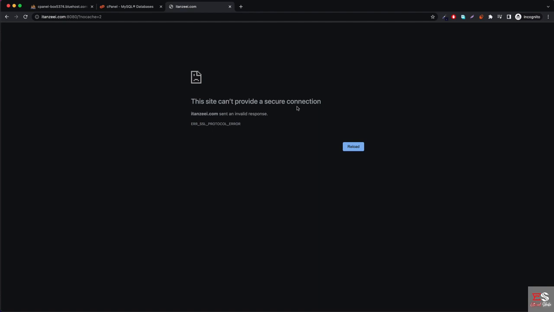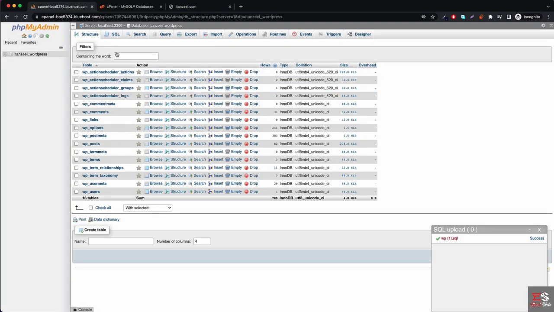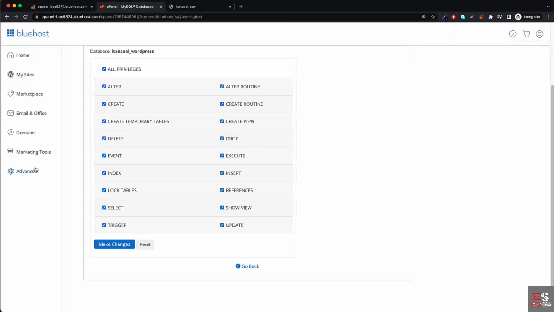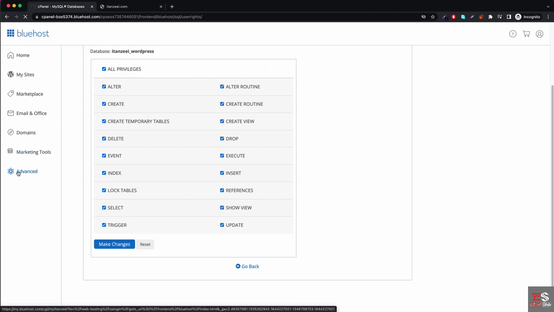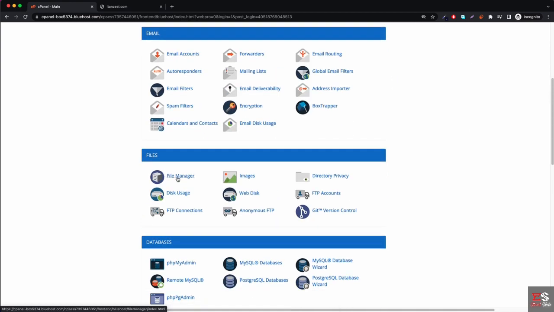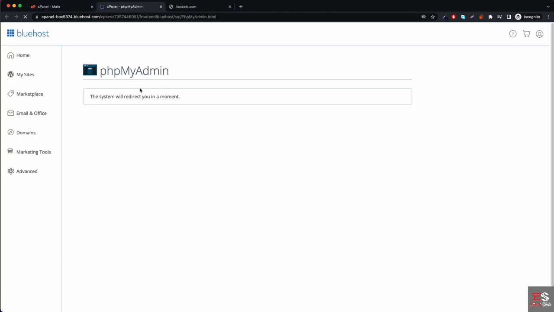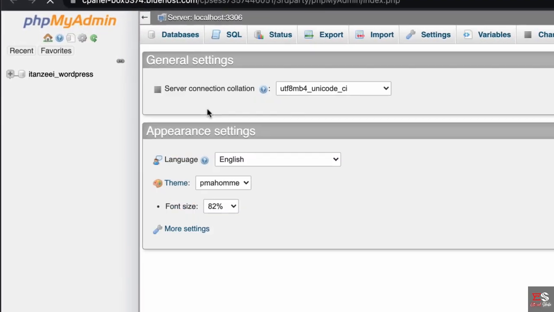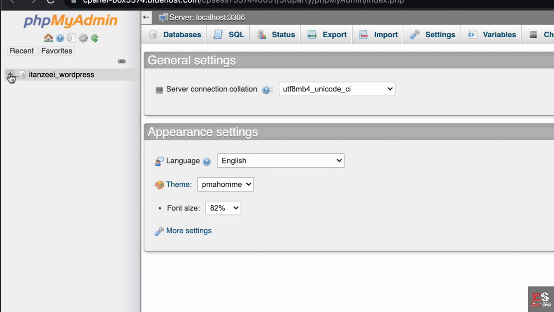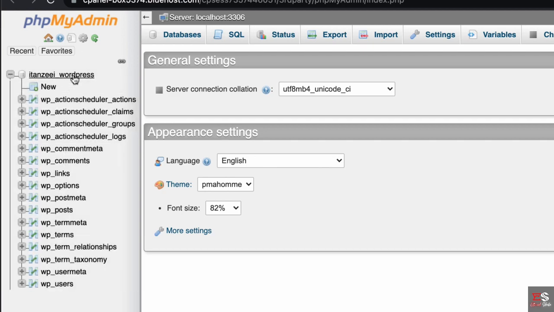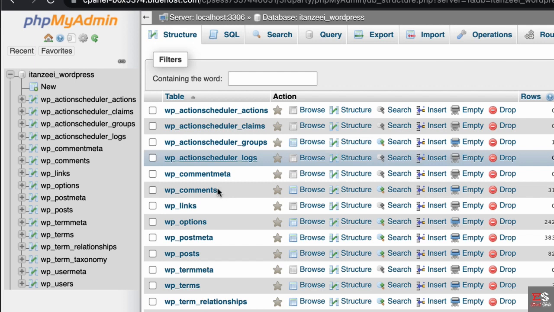Now what we need to do is go into phpMyAdmin. How you're going to do that is just go into Advanced, and in the Advanced section, go to phpMyAdmin, and now it will open up. Once you are in phpMyAdmin, just click here, open up your database, and now you should see this